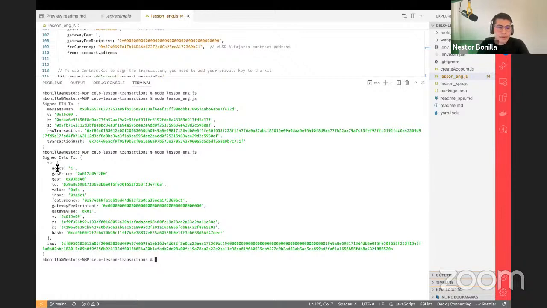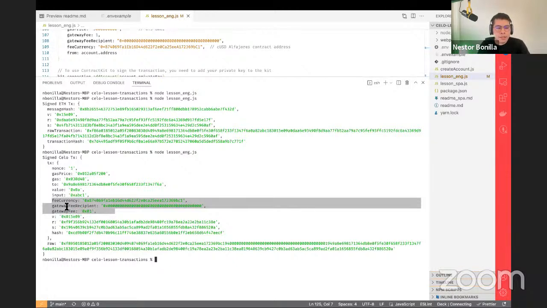But in Celo, we also have nonce, gas price, gas, to, value, input. But we can see these three other attributes, and this is important.